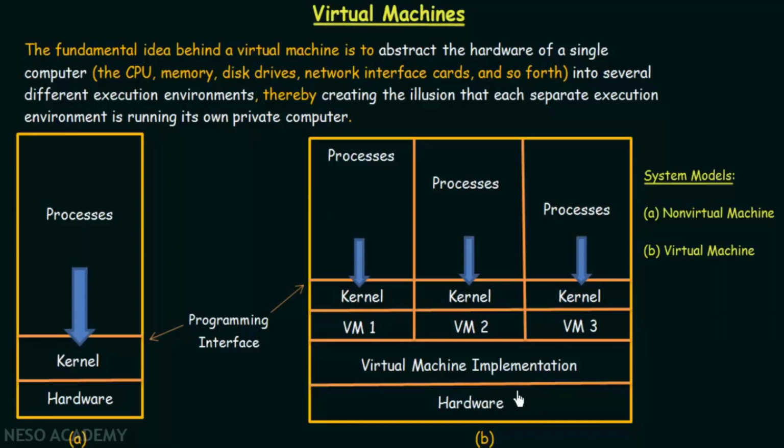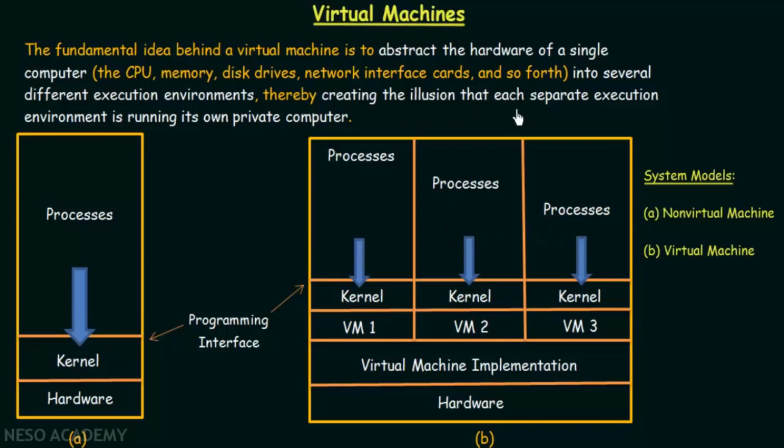So at the base we have the hardware on which we have the Windows operating system, and with the help of these virtual machines you have installed three operating systems on your computer. For a particular operating system, let's say Linux Mint, it feels like it is running its own private computer. It doesn't have to know that it is a virtual machine. It just feels like it is running its own private computer, and the same is true for the other two operating systems you have installed.